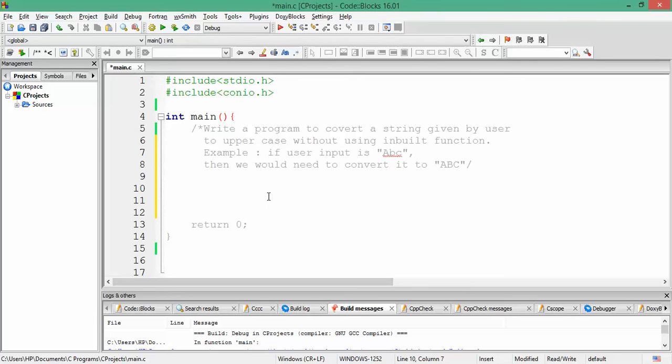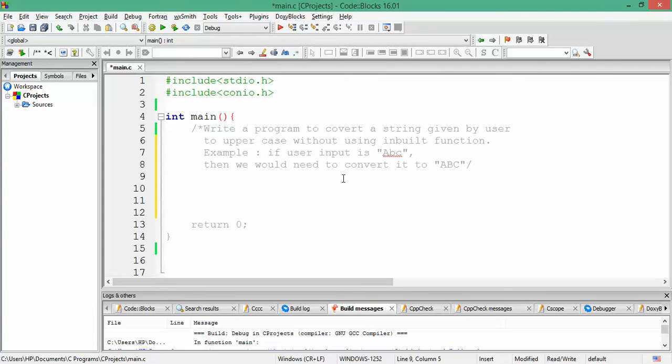So how to do it? A coarse logic can be like this: for each of the characters of the string, we can check whether it is small a. If it is small a, then replace it by capital A. If it is small b, then replace it by capital B. If it is small c, replace it by capital C, like that.